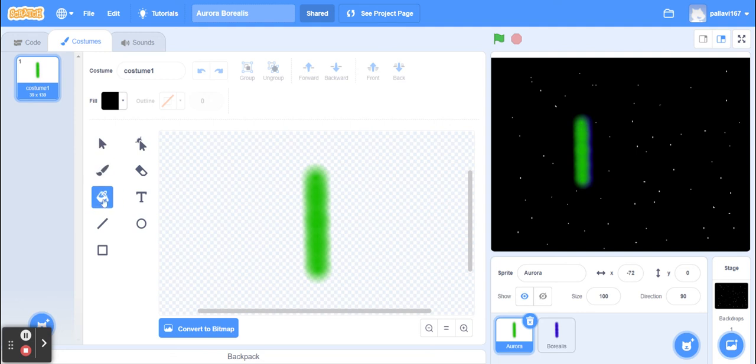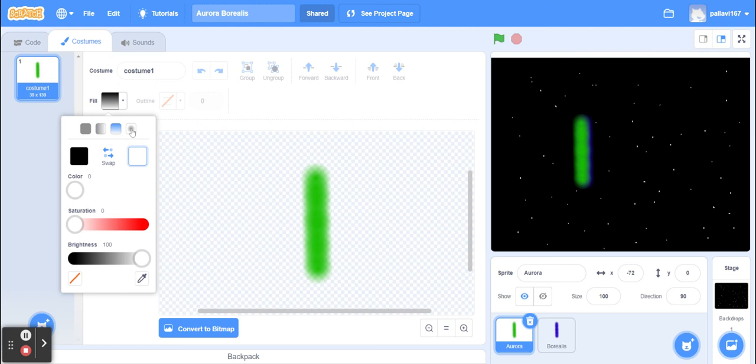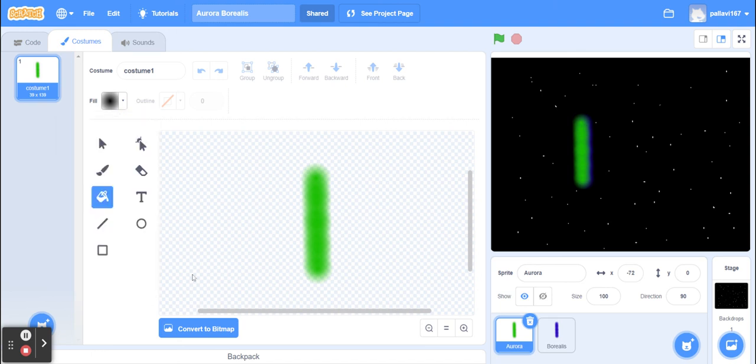basically when you use the fill option, choose what is the effect that you want to give while painting. So I've used the last one, this very last one, that has given that smudge like effect. Okay, I have created two sprites. One is the purplish one and the other one is green.